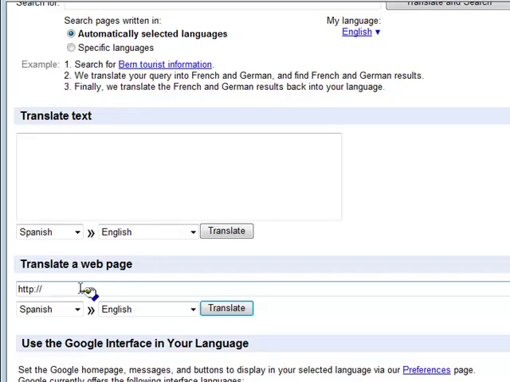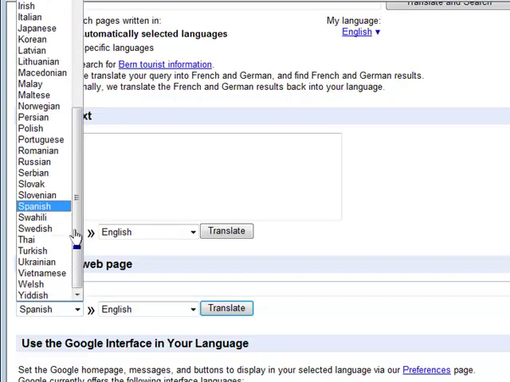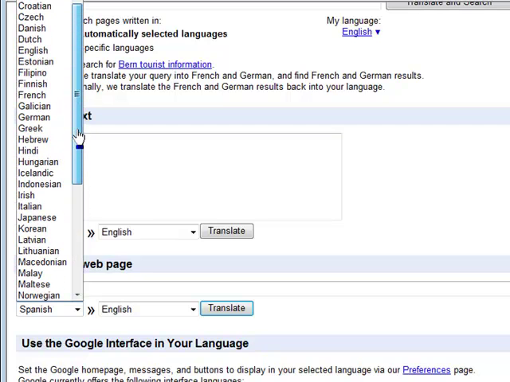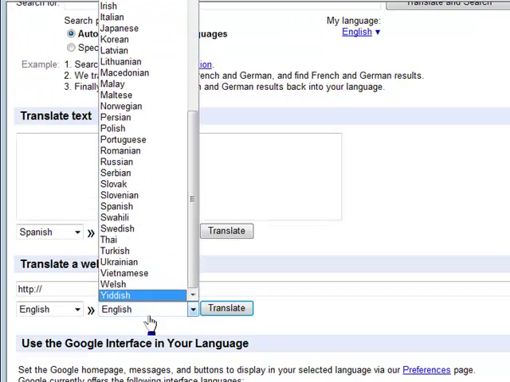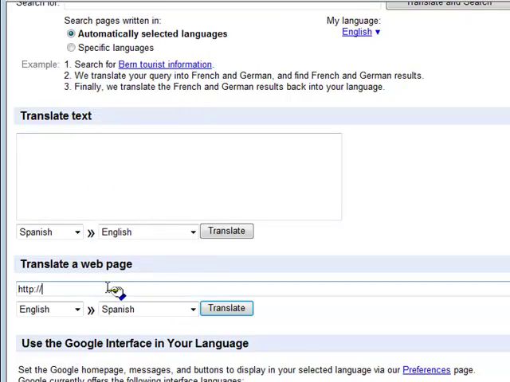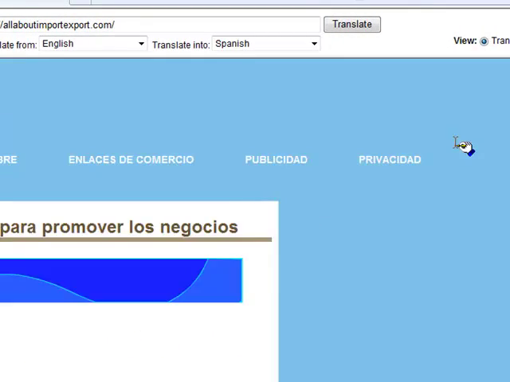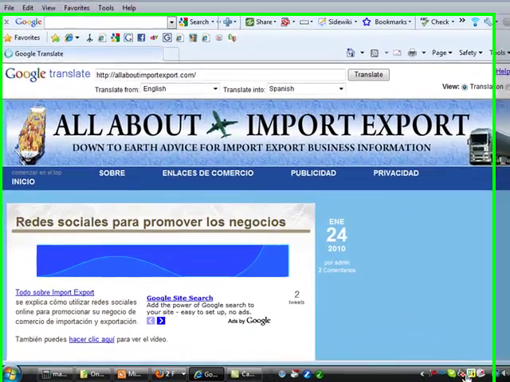So if I know a website, let's say in this case maybe English, and I'm a Spanish guy and I want to convert it, I can pick and choose the website here. Let's say it's in English, and I want to get that into Spanish because I understand Spanish, for example. And then I can give a website, all about importexport.com. That's my website in English, but let's say one of my viewers wants to convert that into Spanish. As soon as they type in the website address, and select that this website is in English but they want to convert into Spanish and say translate, it will go to the website, and it will pretty much translate this into Spanish